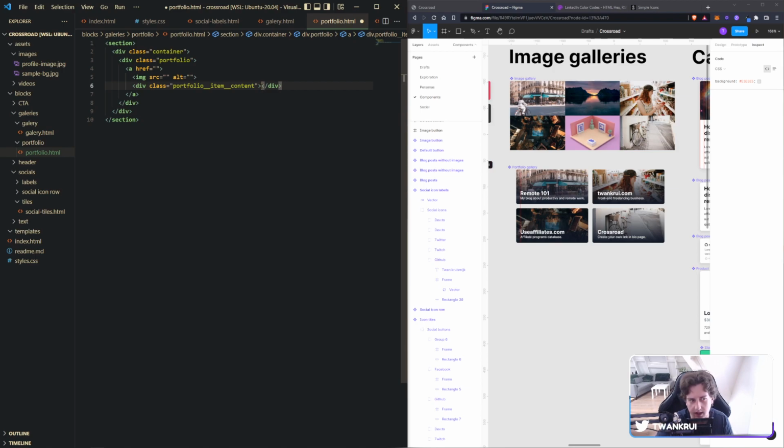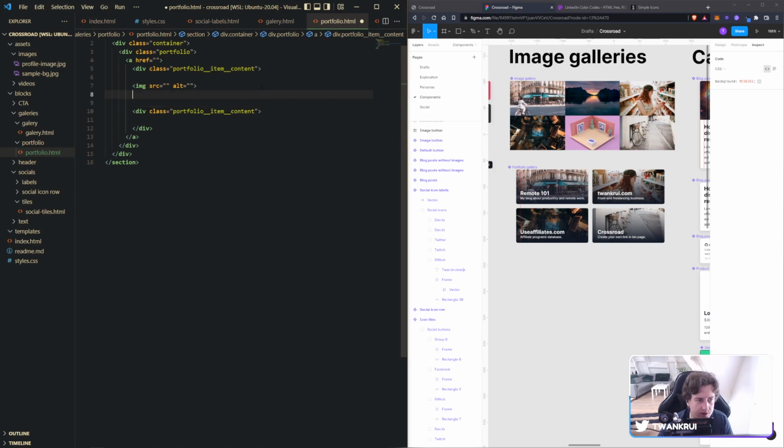Yeah, because that way, if I have the portfolio item content, I can display flex it and move it all the way to the bottom. We might get away with not using a wrapper div, which I prefer, but I have to see if I use flexbox and make the background image. No, we can't get away with that,